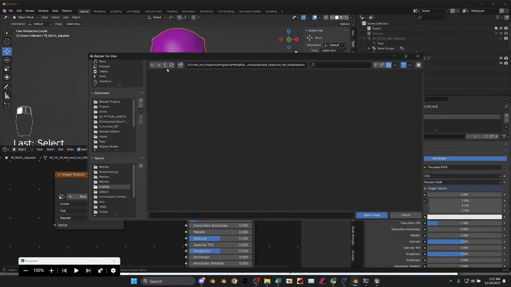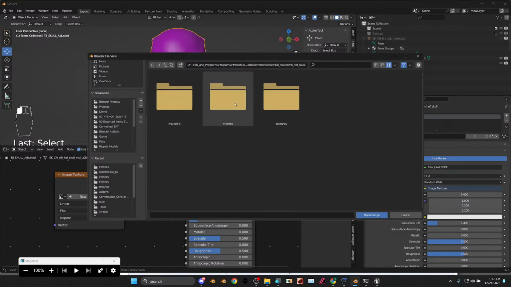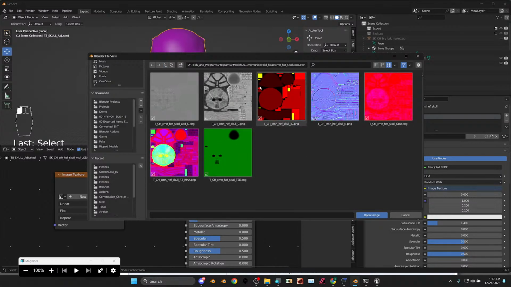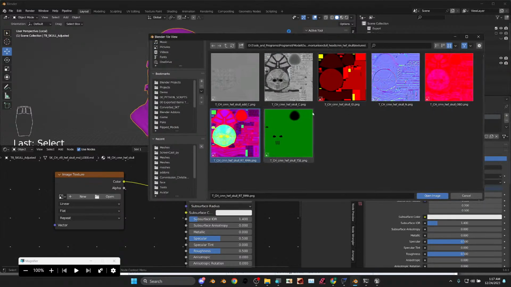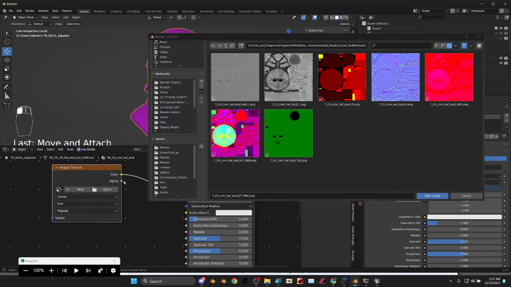I think this is it. All right, I'm gonna go up because I was in the meshes folder. Go textures, and here are my textures. So in Blender, there's no real good drag and drop from externally, but in here I can do this. So I've got this one set up. This is what I'm gonna open, but I'm gonna grab all the other